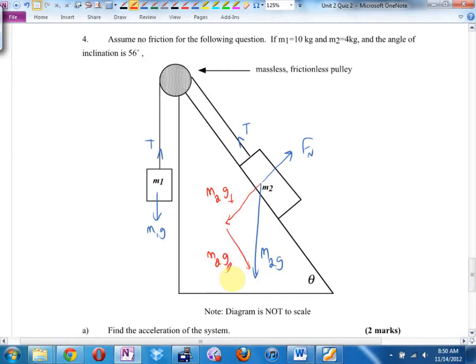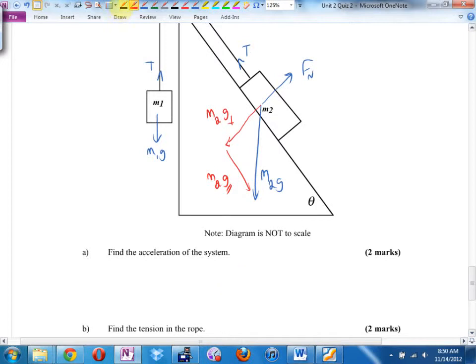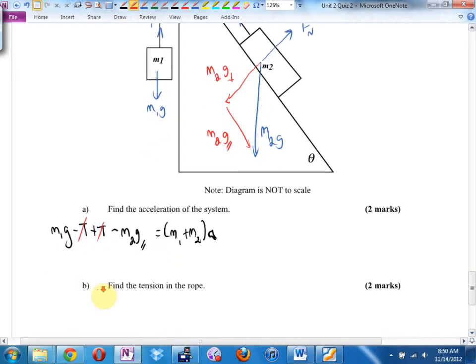It says find the acceleration. Who's winning? M1G. So it's going to be winner minus loser. Oh, but then I run into tension plus winner. Oh, but then minus M2G parallel is pulling down the hill. And that equals the mass of both times A. I think that's going to give me acceleration equals